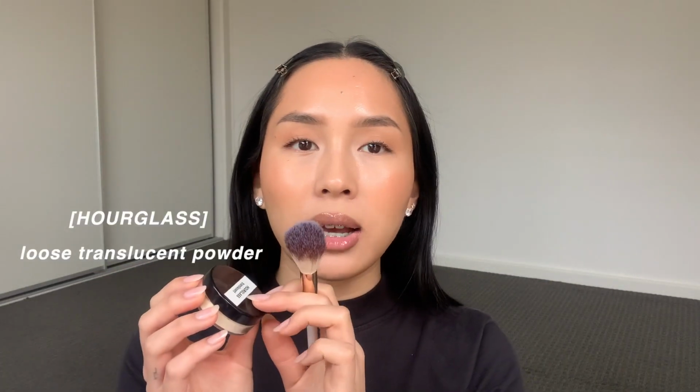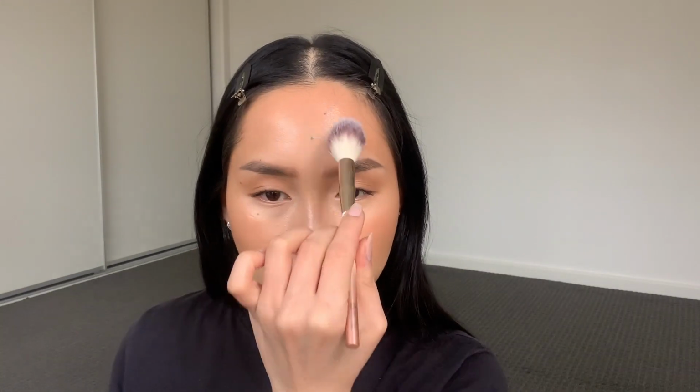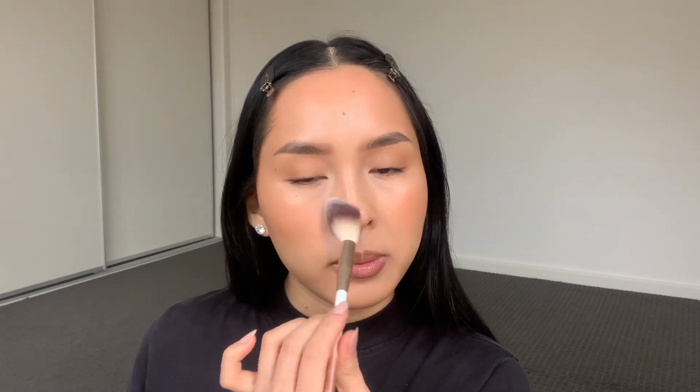I'm using the Hourglass translucent powder, and I really love this brush for just pressing it in. I don't dust it all over like that. You're going to move the makeup if you do that. Just pour it a little bit out, and then I'm going to just press it across the forehead, which is naturally where we get a little bit oily. It's just going to take up some of the shine, and then I'm going to dust it under here. But as you can see, that side compared to this side here,